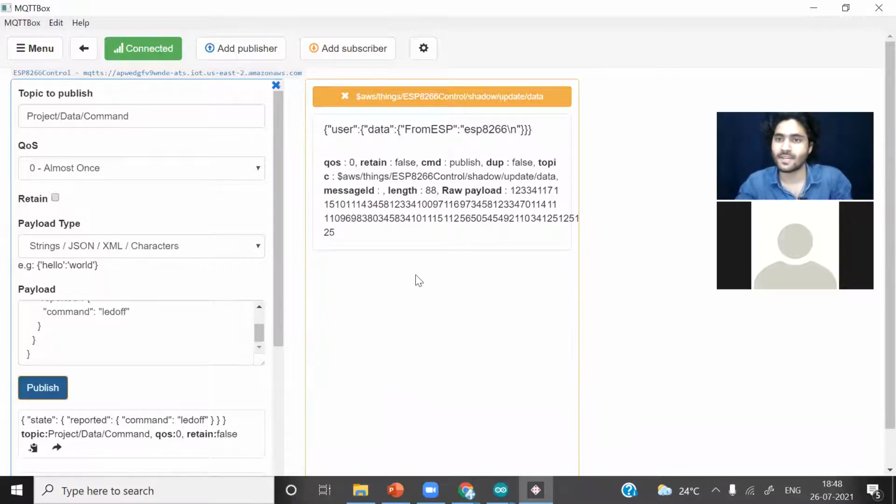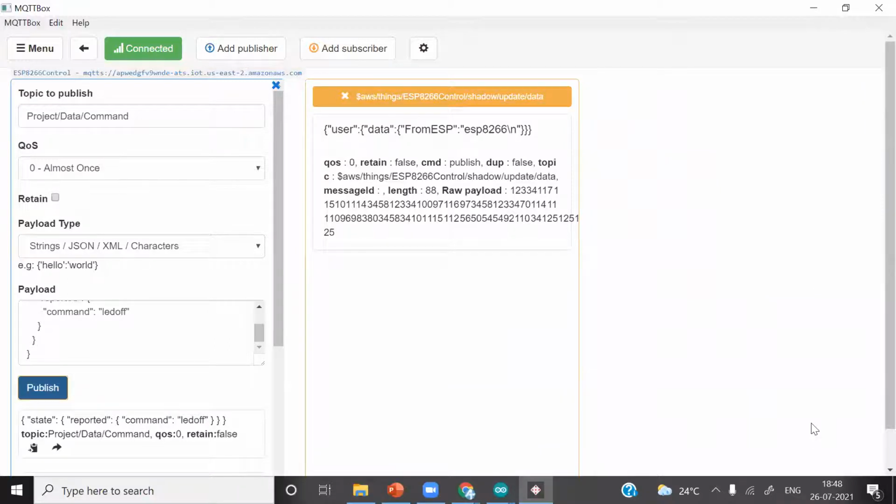So in tomorrow's session, we are going to integrate our Android application with AWS IoT. So we saw how to control the LED, how to send data from ESP8266 to these clients. Now the client can be an Android application and data can be received from the microcontroller. For example, in non-contact liquid level measurement, we are receiving data of the current level of non-conductive liquid.